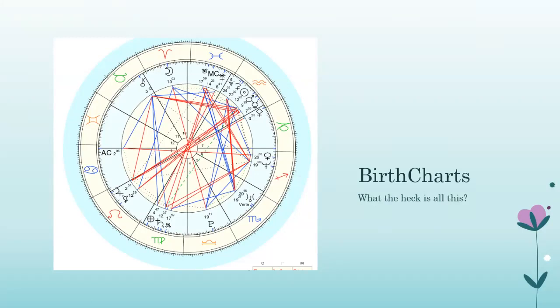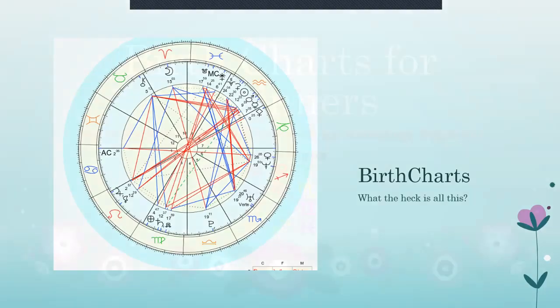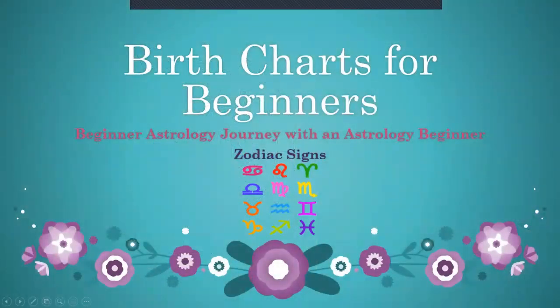So that's just a quick little rundown of what you can learn from a birth chart. Like I said, on the next one, I'm going to do zodiac signs. I'm going to go through each of the signs and give you some adjectives, nouns, descriptors, feelings, and energies around each one of the zodiac signs, so that you can start putting some of these puzzle pieces together.